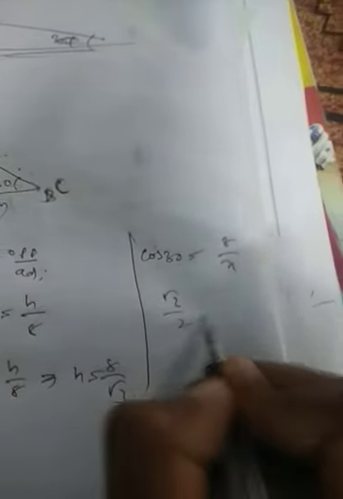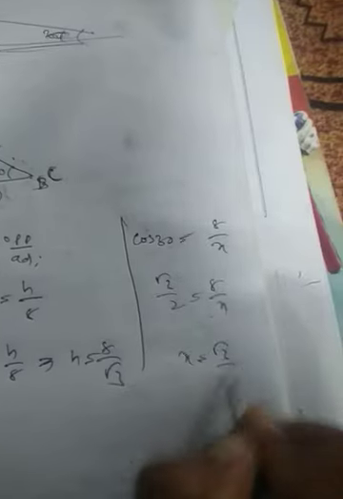Next, we take this and this. What is the relation which includes both? Cos 30 is equal to adjacent by hypotenuse, 8 by x. So root 3 by 2 is equal to 8 by x. Send 8 this side, x is equal to root 3 by 16. You will get that value as root 3 by 16.